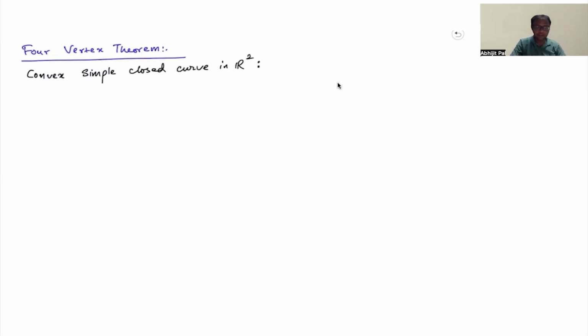What is the meaning of a convex simple closed curve? A curve